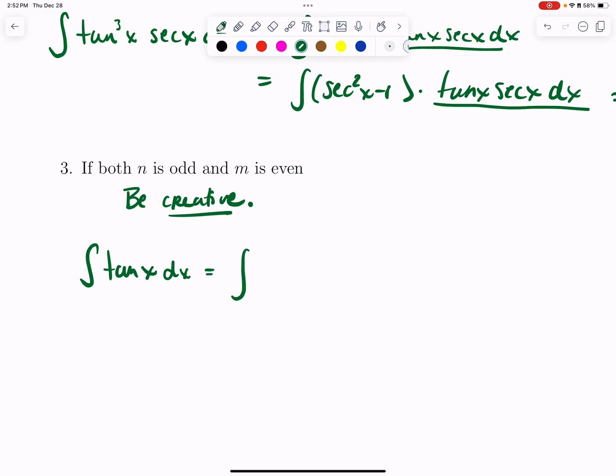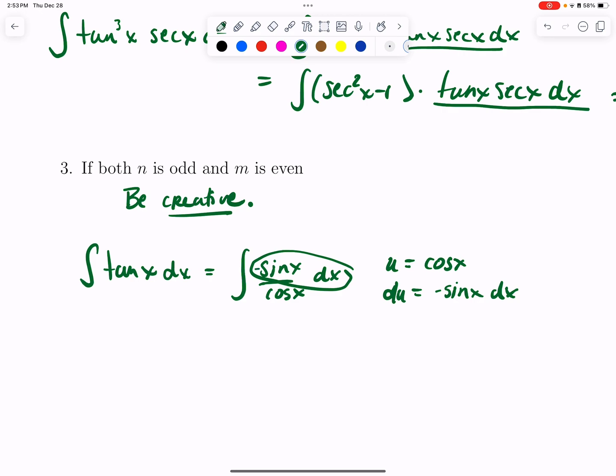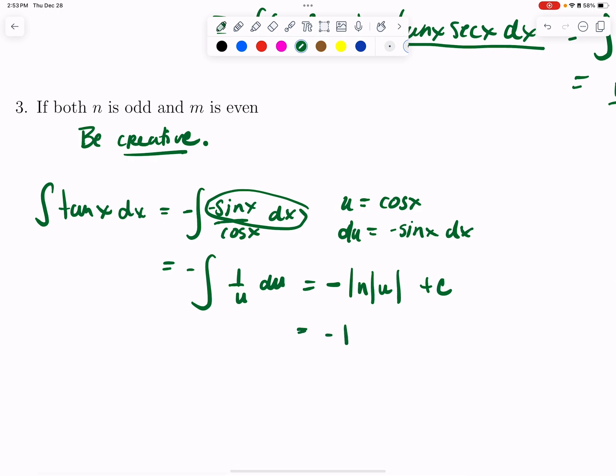So you could convert this to sine x over cosine x, and then do a u sub on cosine. So let's be clear. u is cosine x, then du is negative sine x dx, which I have basically there, except I'm missing a negative, so I insert it, take it out. So now I have the negative of 1 over u du, which we do know to be negative natural log of the absolute value of u plus c. We always go back and write this as the negative natural log of the absolute value of cosine of x. And that is a fine answer, but that's generally not what you'll find in